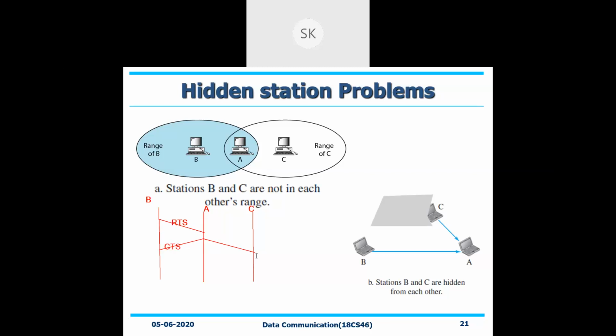Once your node or station responds to this CTS after a certain amount of time, it will say yes, for this clear to send, the data will be sent over here.